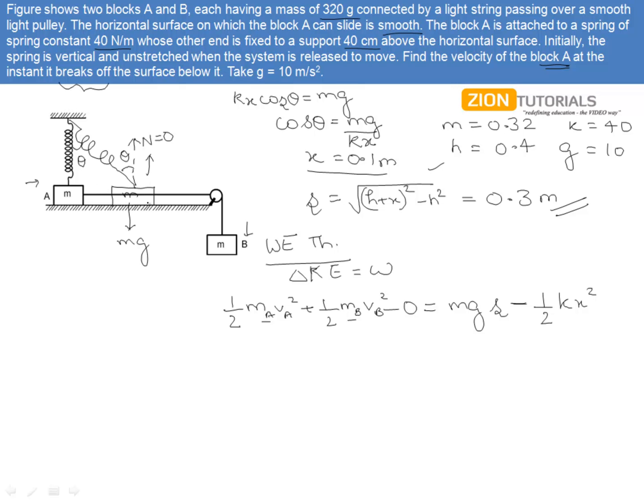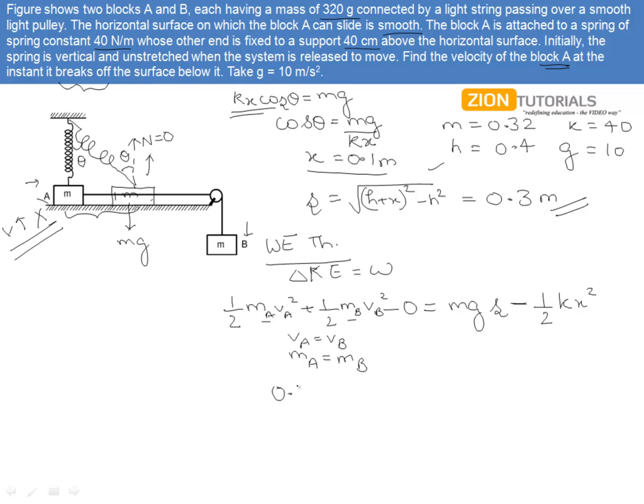Why? Because at this point mg becomes equal to the spring force component. In all these intermediate points, mg has been more than the corresponding component of the spring force. So there has been no instant where the acceleration of this block would have been upwards. And since there has been no acceleration in the upward direction and the initial velocity in the vertical direction is 0, so at this point also there will be no vertical direction force, right? So only speed or the velocity will be along the string, and that needs to be equal for both the blocks A and B. Putting that VA equal to VB over here and MA equal to MB over here,